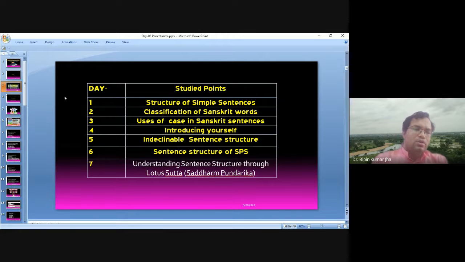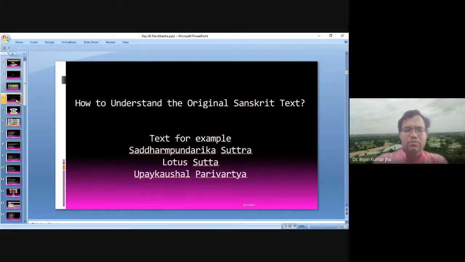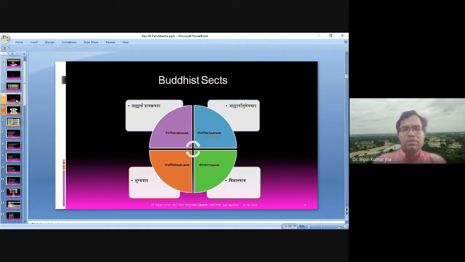Only two texts we touched during all the sessions. So while trying to understand Sadharma Pundarik Sutra, we also tried to understand